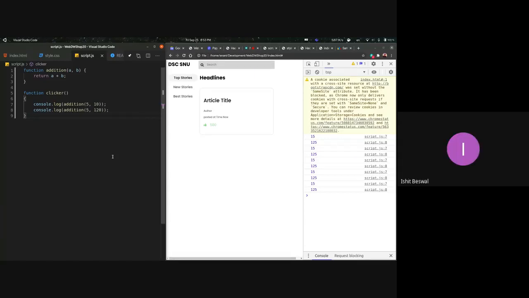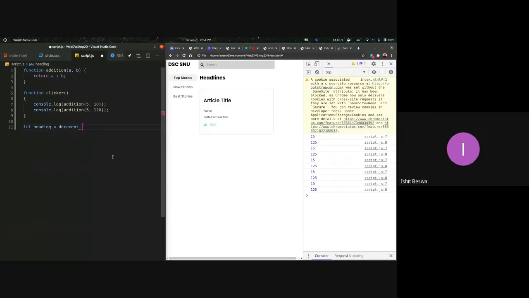All of you might be knowing that our articles and the heading of the article section is going to be dynamic, right? So how to do that? You can select your HTML elements in your JavaScript by just assigning them to a variable. Like I'll do let heading equals to, and to select an HTML element, what you have to do is use a special constant called document dot. This document is going to be available on every web page.